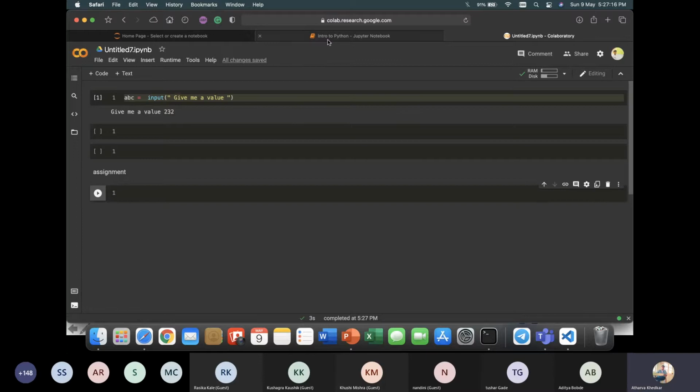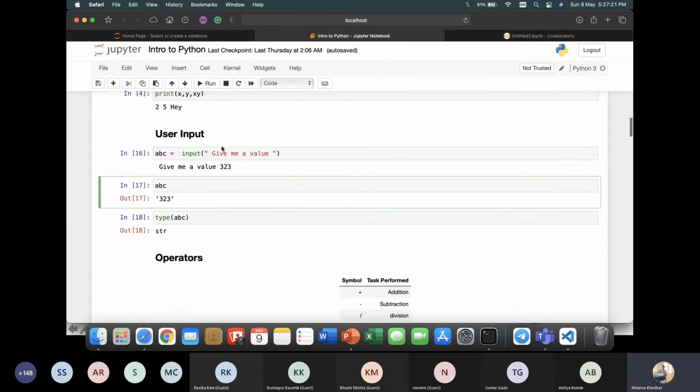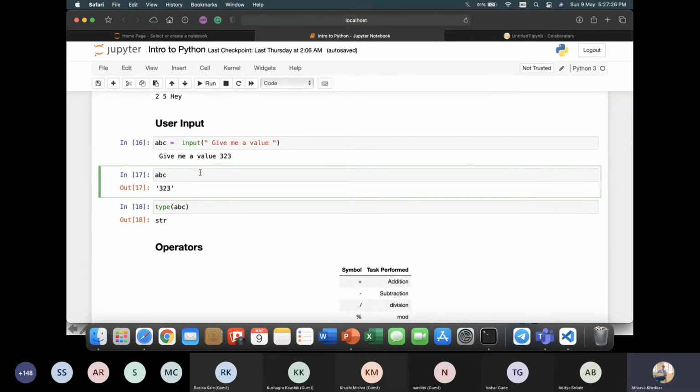Why did it print? Okay, yeah, that is the funny part. What happens is that in notebooks, instead of explicitly writing print, you can even just give this single variable. Explicitly writing print would also give you the value, and just writing this variable would also give you the value if it is at the end of the statement. If there is a code block and only this thing is written at the end, then it will just print its value. So that's how it works.